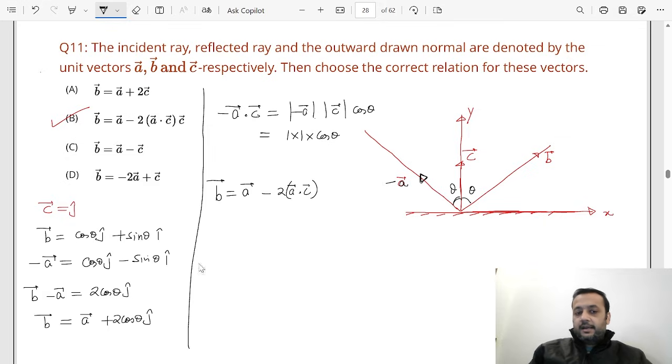All right, and j cap was c vector, so you can see we got option b. That is how we can get it. There are other ways also to derive this relation, but I hope you would have understood this. All right,